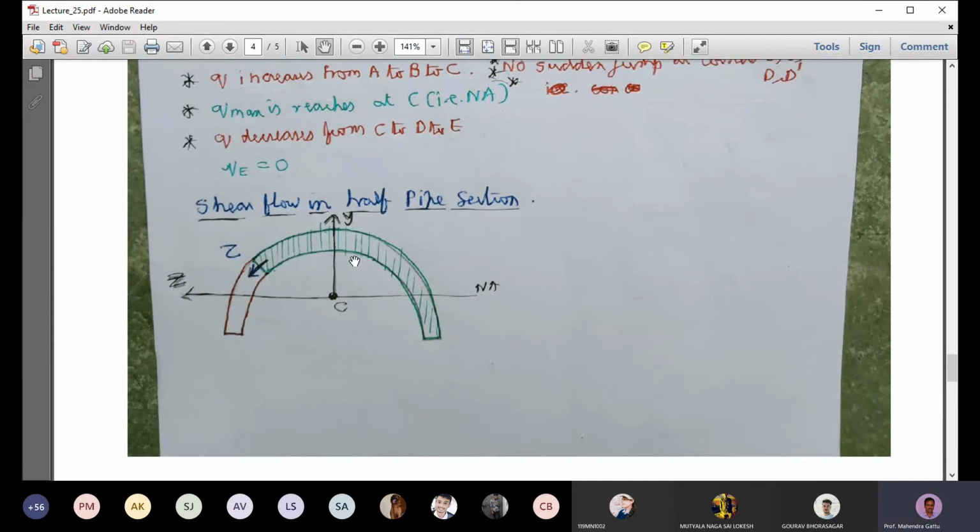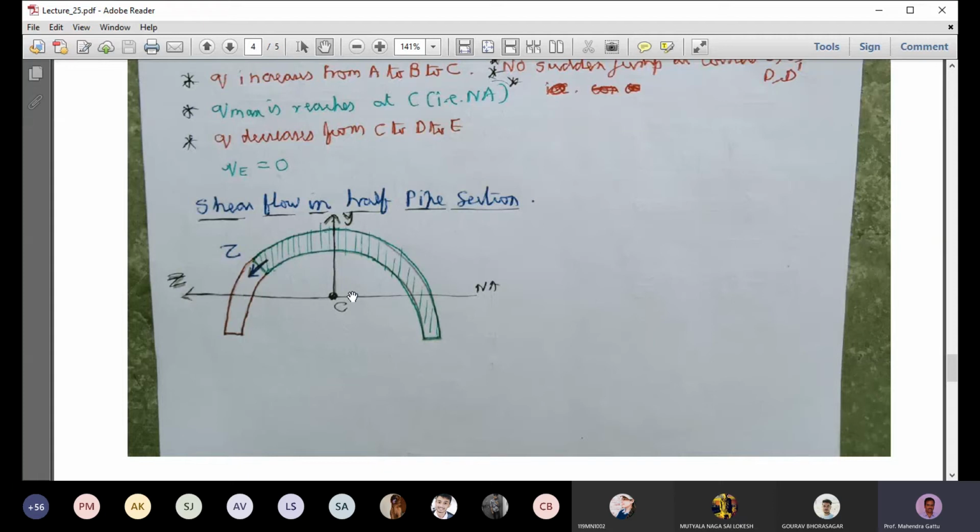And what will happen to the shear stress? I think it will be 0 at this point, obviously, and it is 0 there because that phase is free from shear, and this phase also is free from shear. So shear is 0 and 0 here, and probably as you move towards the vertical axis, it will be the maximum, I think. Yeah, I think here it should be the maximum value, or will it be maximum at the neutral axis? Please think about it.